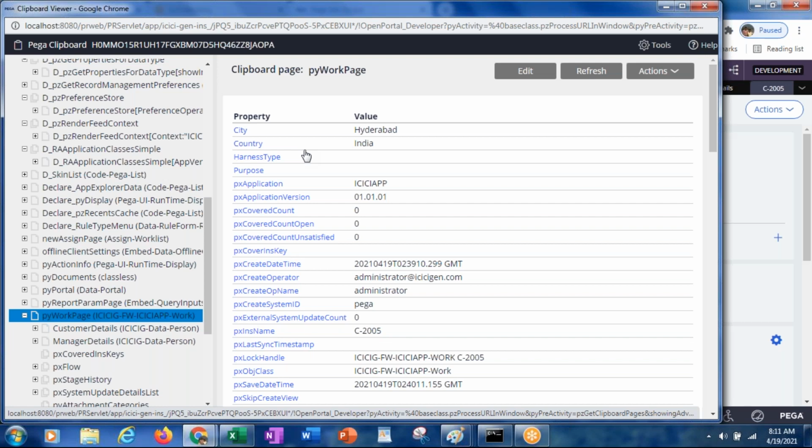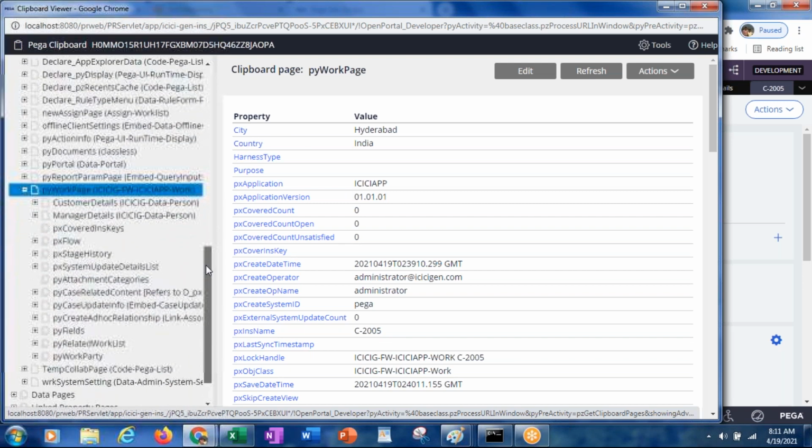In the same way, manager details dot first name. So now you don't have a manager first name, manager last name, customer first name, customer last name, nothing is there. So where is it having those values? Why? Because that is a page property. That is not a normal property like city or country. That is a page property. So where will it have the page properties?